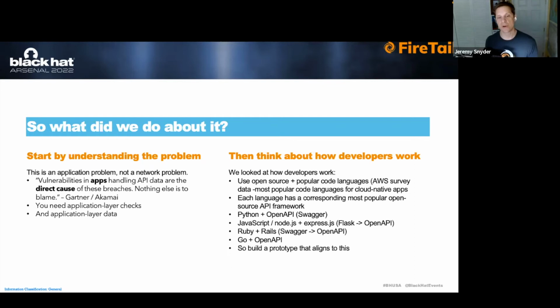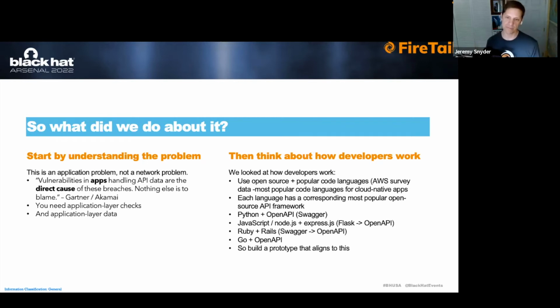And if we try to address it with network detection and response technologies, by aggregating network logs and inferring where the APIs live on the network and then inferring what normal API traffic looks like, at best we can get a sort of post-breach notification that we've been breached. So we started looking at the problem from the standpoint of A, thinking about how we could be preventative, knowing that we need to be in that application layer, and then B, looking at how developers are building APIs today.